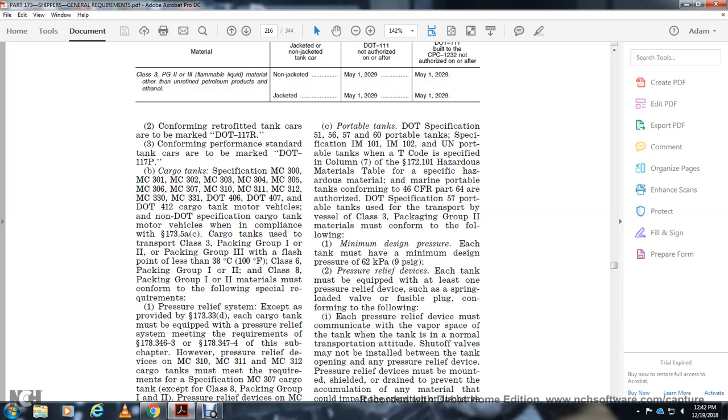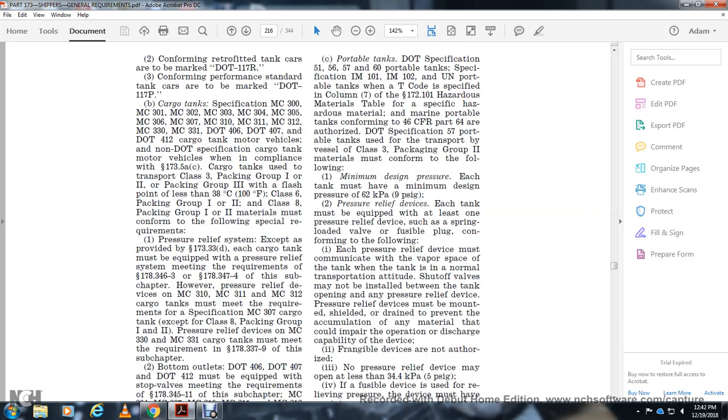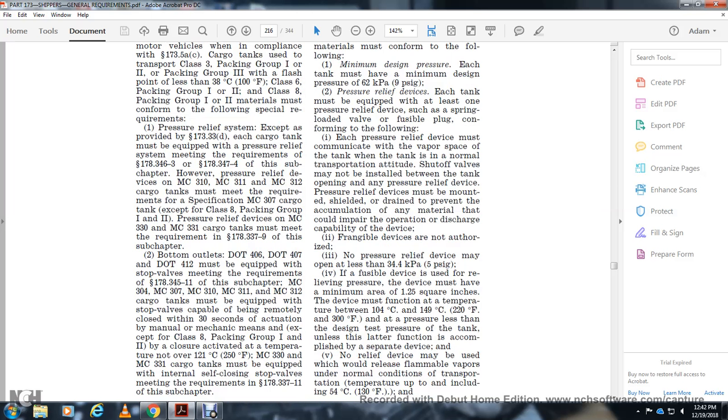and the Class 8 packaging group 1 and 2 materials must conform to the following special requirements of the pressure relief system except for 173.33, the cargo tank with the pressure relief system meeting the requirements of 178.346-3 and 347-4 of the subchapter. The pressure relief device of the MC 310, 311, 312 cargo tank must meet